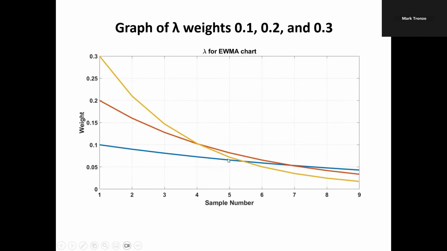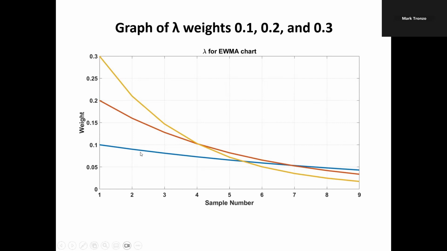All of the previous ones have some influence, you see, like this. Now, on the other hand, if we make lambda large, let's say we make it 0.3, again, the current sample is going to have a weight of 0.3. The previous one is going to be about 0.21 perhaps. Then the previous one before that can be maybe 0.145, something like that. So you can see that the larger the lambda is, the less influence the previous ones